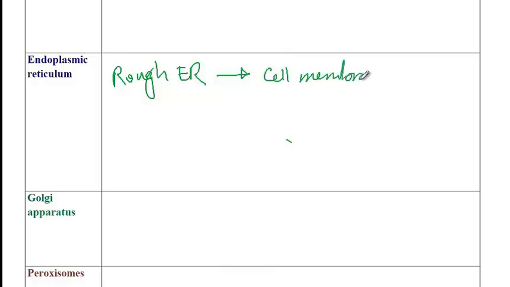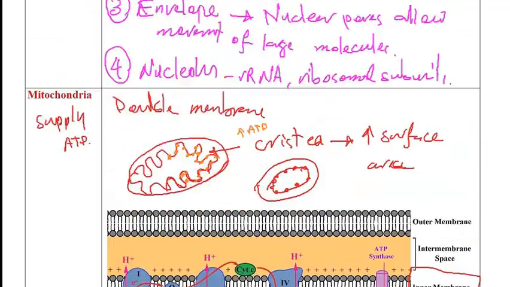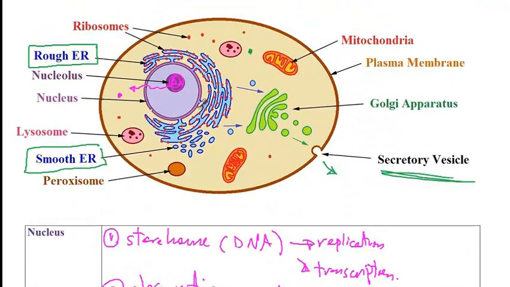All right, so endoplasmic reticulum is basically an interconnected network of thin folded membranes. There are two forms. Rough endoplasmic reticulum contains ribosomes, and therefore the proteins that are being produced by the rough endoplasmic reticulum are often destined for the cell membrane or for secretion outside the cell. And then one other important feature I would like you to know here is that rough endoplasmic reticulum is continuous with the nuclear membrane. All right, so the nuclear membrane can be continuous with the rough endoplasmic reticulum